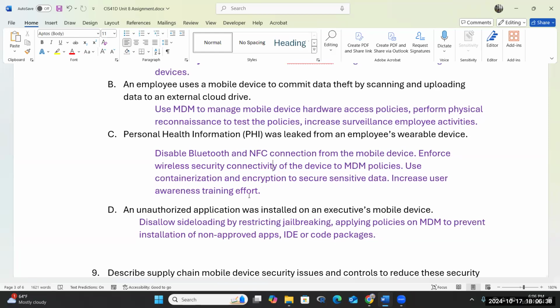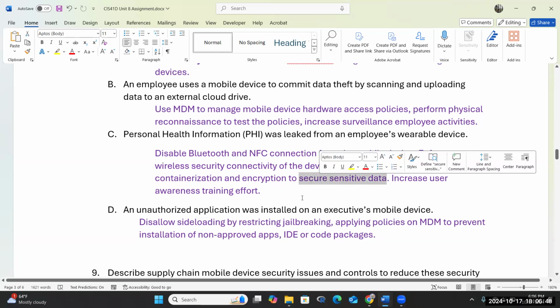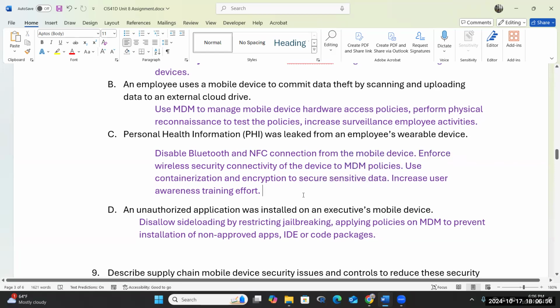And then you should use containers and encryption to make sure that you secure the sensitive data. And for HIPAA requirements, you have to protect it. But for personal data on personal wearable devices, you have to manage this too, right? So we want to make sure. Now, wearable devices can be for patients